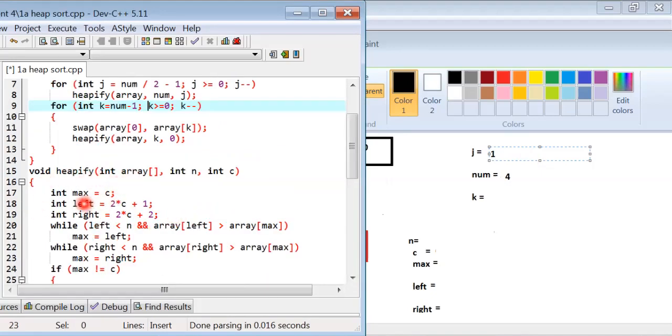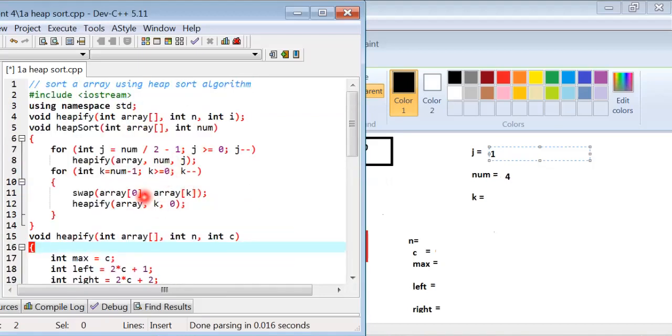This is the heapify function. Here the value of n, the value of num, is 4.